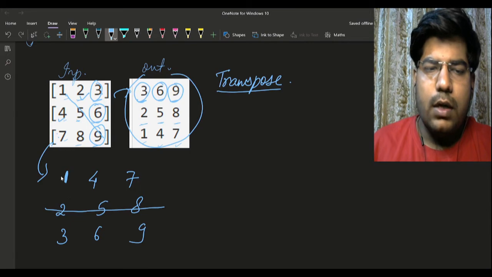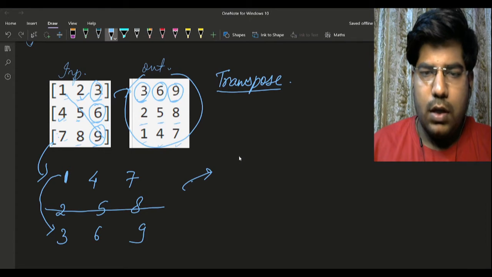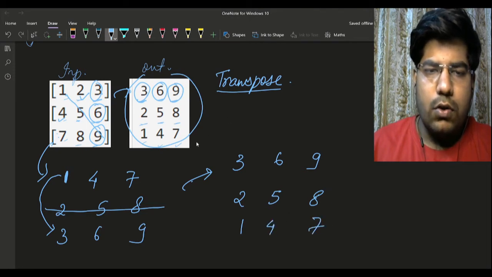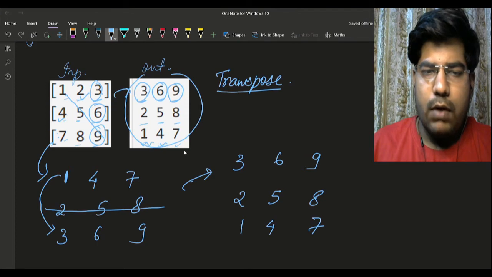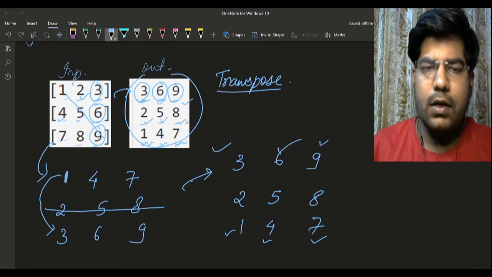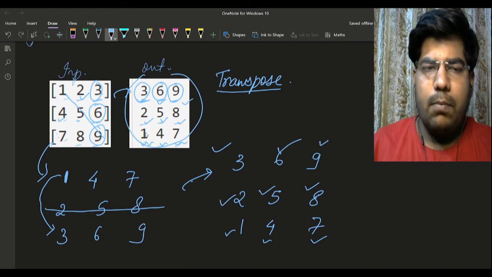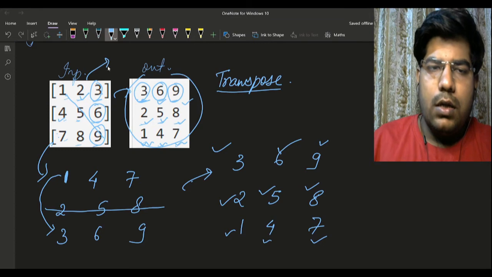And now after transposing it, if you carefully observe, the output matrix is nothing but this matrix reversed around the middle row, right? So when we reverse this matrix around the middle row, 3 will go up, 2 will remain here, 1 will go down. Then 6 will come here, 9 will come here, 5 will be there, 8 will be there, and 4 and 7, right? So you can definitely observe 1, 4, 7 are the elements present here, then 3, 6, 9, then 2, 5, 8, right?